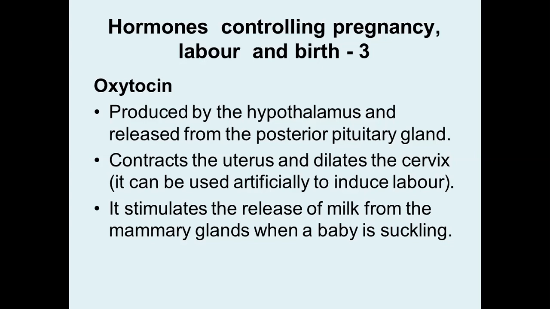So oxytocin, if you're talking about this in a test or exam, it is more accurate to say oxytocin is released from the posterior lobe of the pituitary gland. If you say secrete, it sort of implies that it's made by the posterior lobe of the pituitary gland, and so I would prefer you to say it is released. And its functions are,